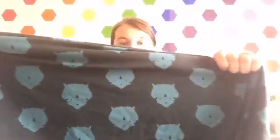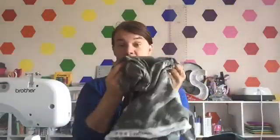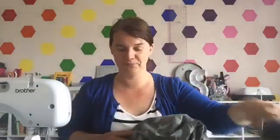So that's the one I'm going to do on the outside for my pocket. This is what my blanket's going to be made of. And it's just going to be this because I want it to be, like I said, lightweight. But if you want to make a full blanket, like a quilt, just click on the post and then you'll